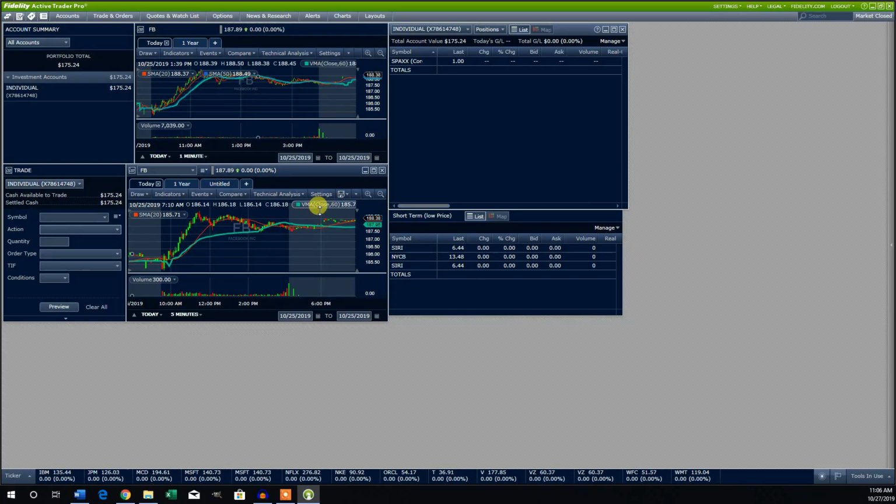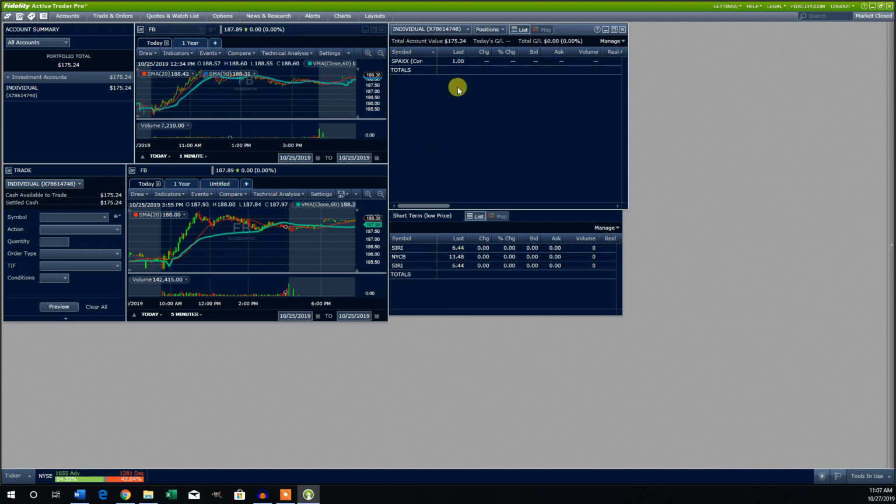Okay, so this is an area, Active Trader Pro. It would look different if I had everything filled out. Depending what day it is, I use different screens. I have bigger screens right now, so obviously this looks huge, and there are no things filled out. There's nothing over here. But I'm not going to get into all of the specifics of Active Trader Pro. If you want to know more about that, I can do a detailed video about Active Trader Pro and how to set up,